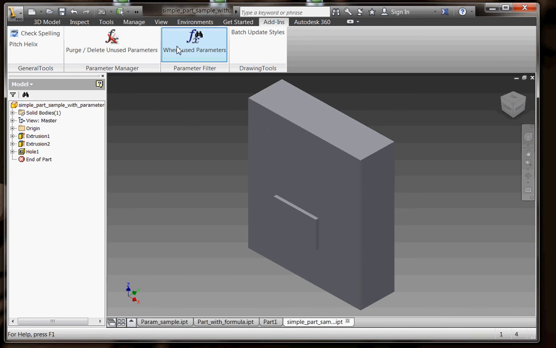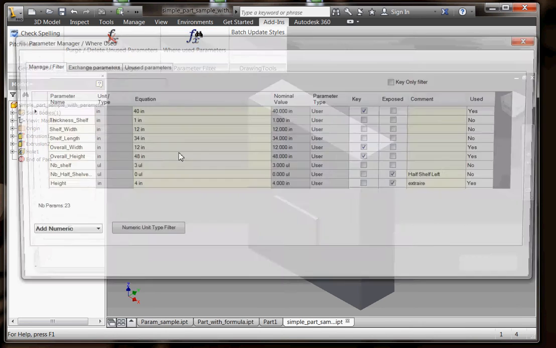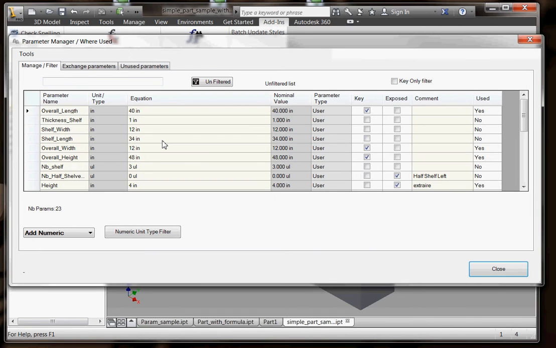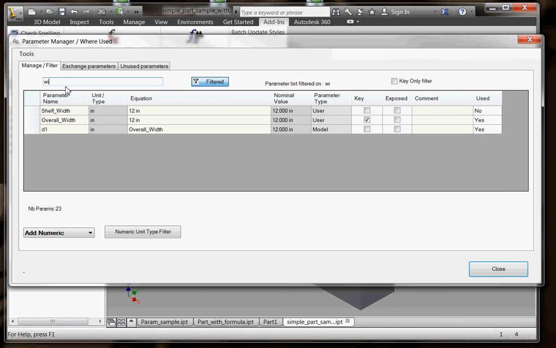So let's go to the add-ins tab and let's start the application. Let's see what we have in this application. When we start the application, you notice that we have three tabs. The first tab is Manage Filter. That will allow the user to select or to type, let's say, WDTH, some filter string that will reduce the number of the parameters that are displayed in the